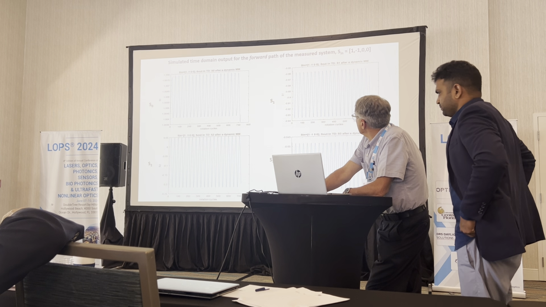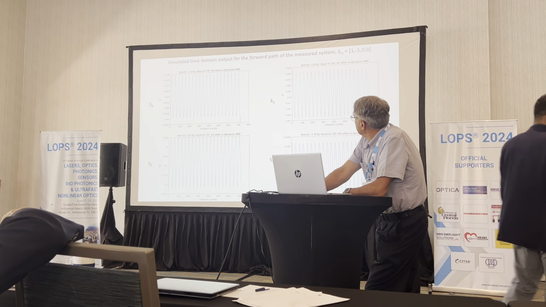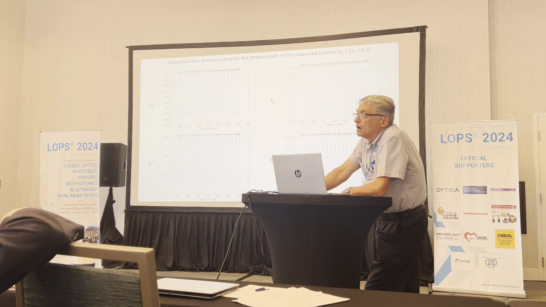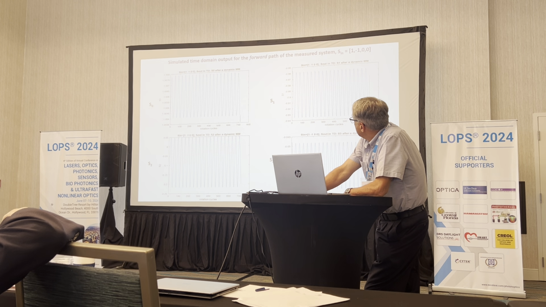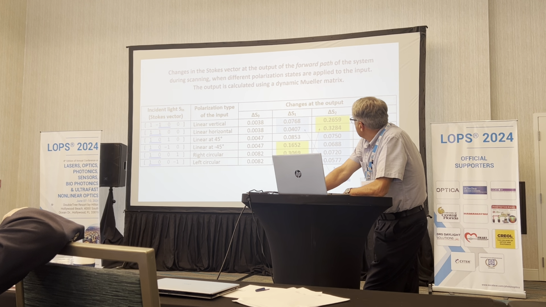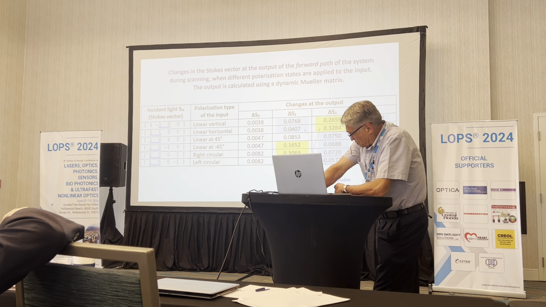Yeah, and when you take a look at the four elements of the Stokes vector, you see that all of them change just because you change your position on the scanning surface, and that's what you want to minimize. So that's for the return path. The other one was for the forward path, and then the interesting part of the story is that you have